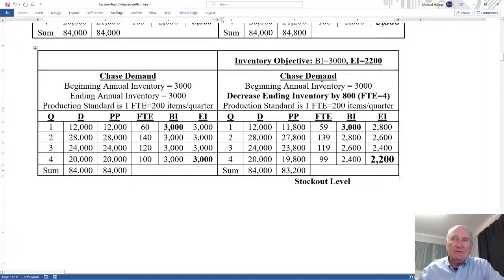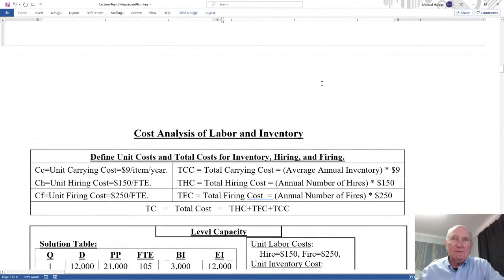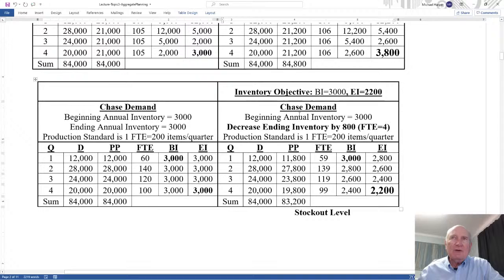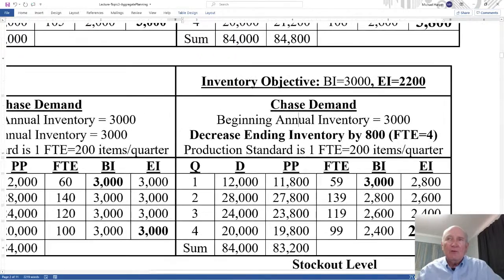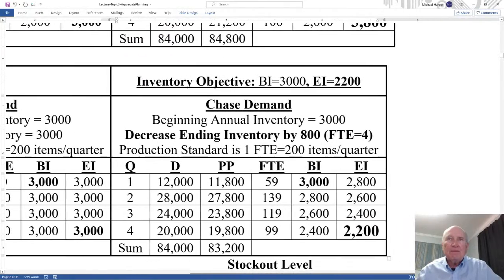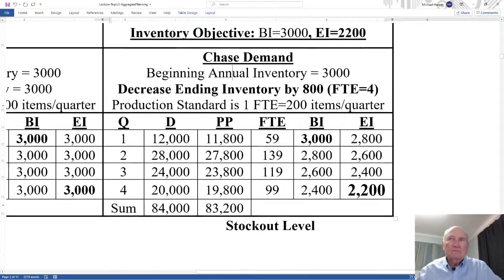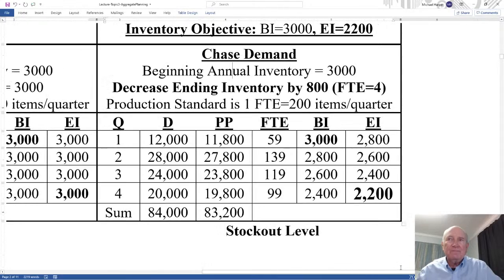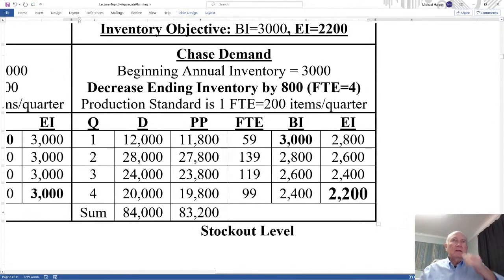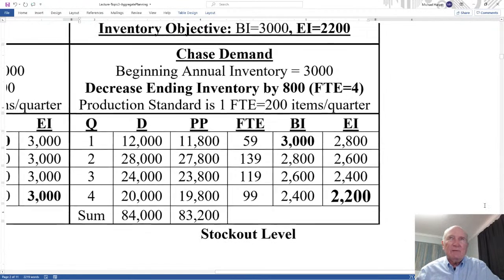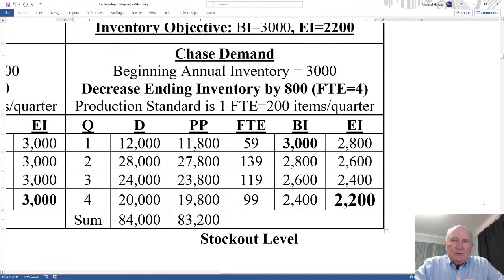this objective. Okay, let's see here. Okay, one more thing I want to mention before I leave this page. A very important point. Let's look at this right here for a second. Let me give you a scenario. Suppose